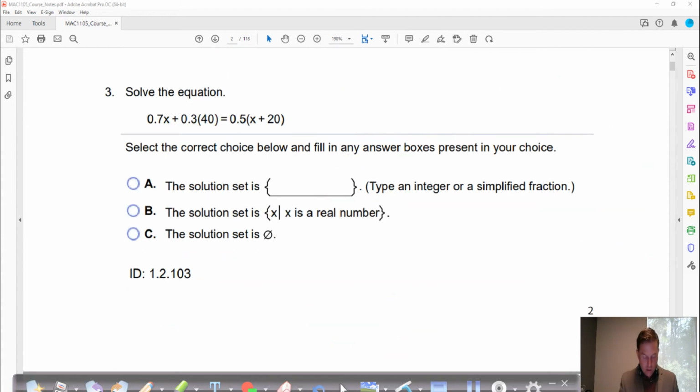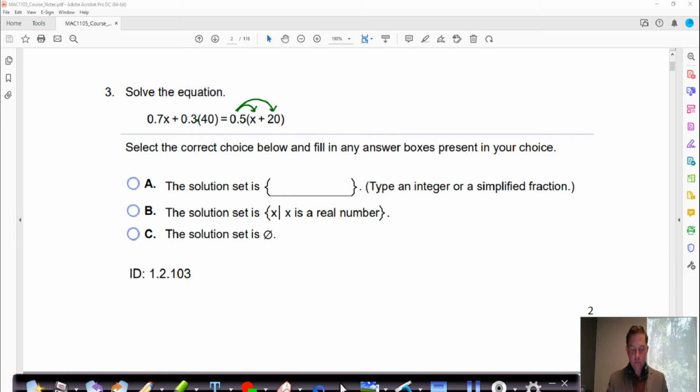Okay, problem 3 just adds a new wrinkle, not too difficult. It adds the distributive law of mathematics. So we have 0.7 times x plus 0.3. There's an understood multiplication here, so that's times 40 equals 0.5 times a parentheses. Now when I have a number times a parentheses, I have to what we call distribute that number to everything inside the parentheses. So we're going to get 0.7x